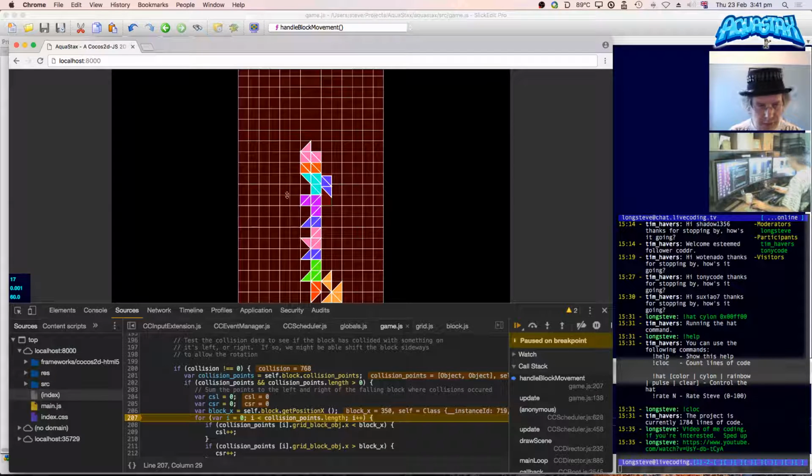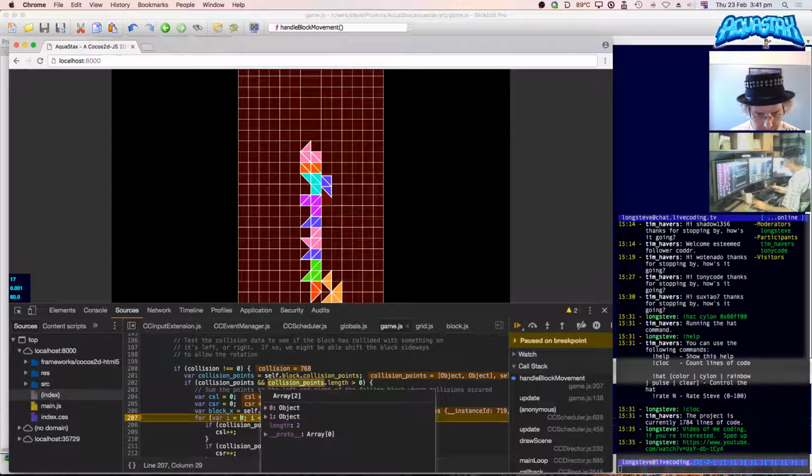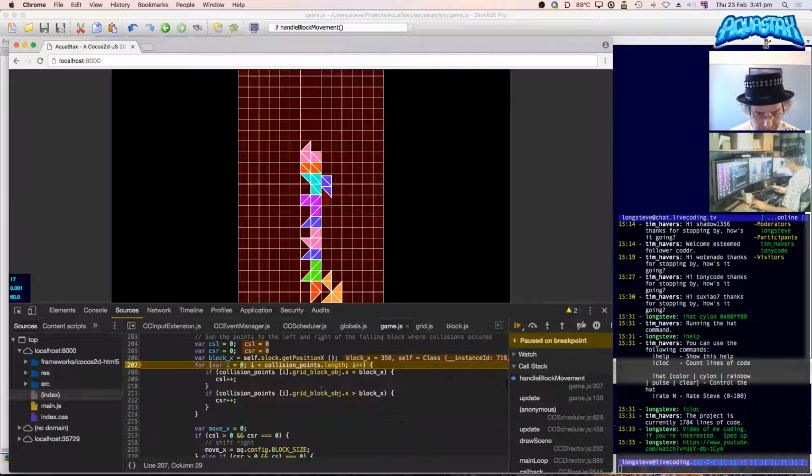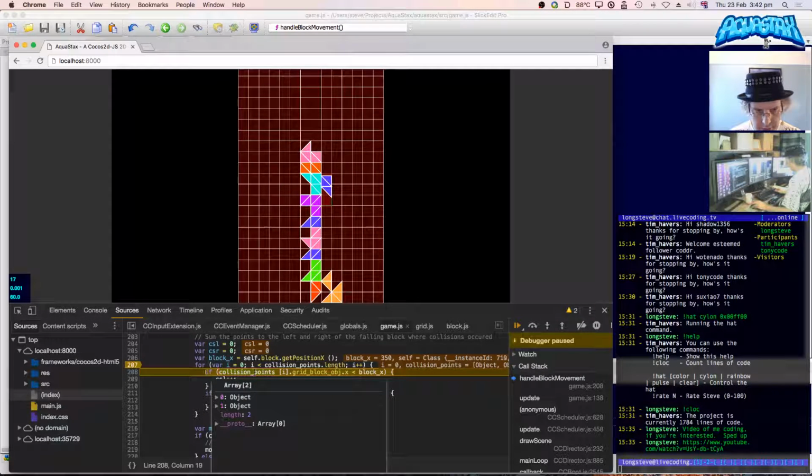There we go. So what happens here then? So collision points is 2. Block x 350. Collision points. Let's just look inside here. Horizontal x. So we've got one at 350.